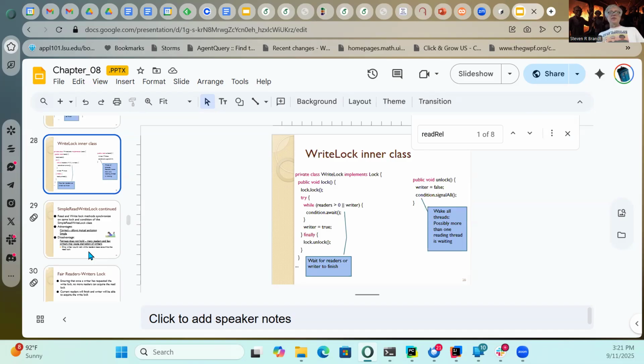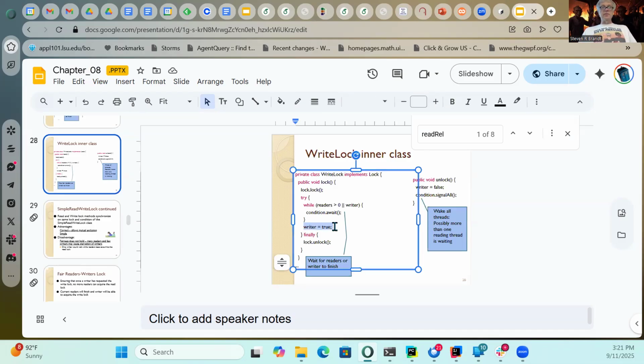I think it would be as simple as taking this line of code right here, writer equals true, and moving it before the while loop. I think if you just do that, it's going to accomplish the same thing as having the read acquires and read releases. I think that's really the fundamental thing.